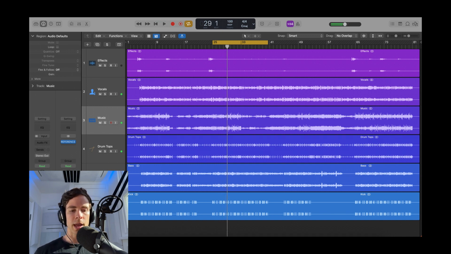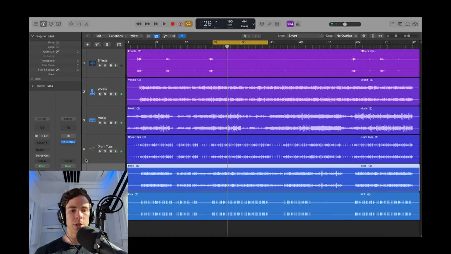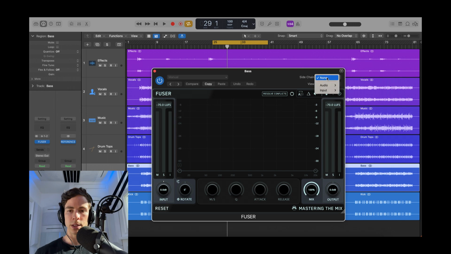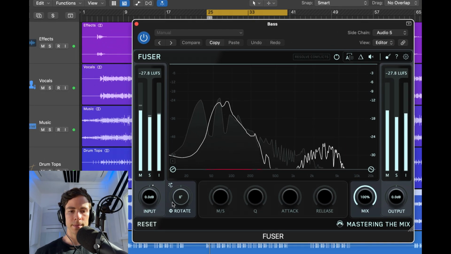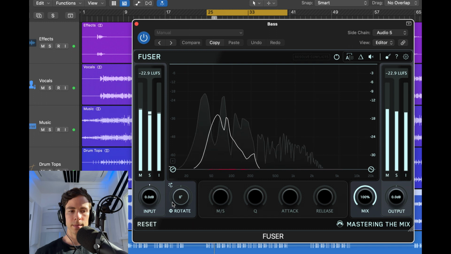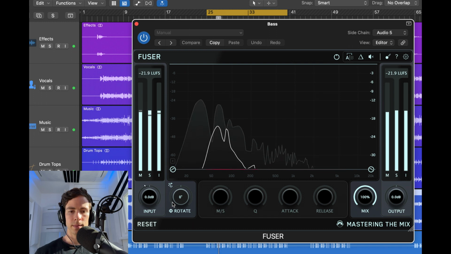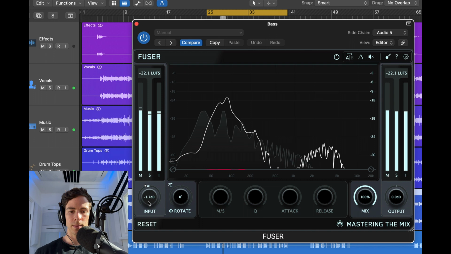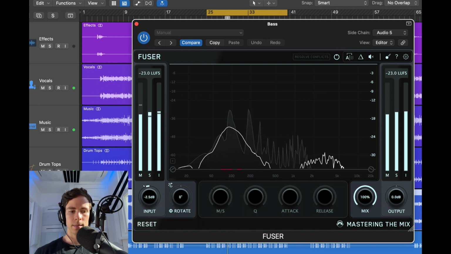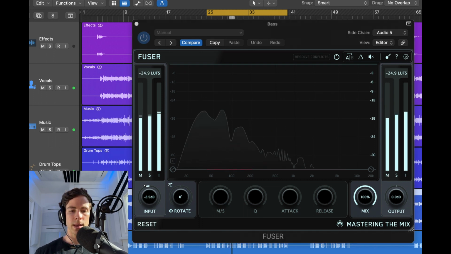We'll approach it in the same way here. So we're going to start with the bass and see if we can balance those elements with the kick. So I'm going to sidechain the kick. I'm going to press play. The first thing I'm doing here is bringing down the input, so we're balancing the kick and the bass.